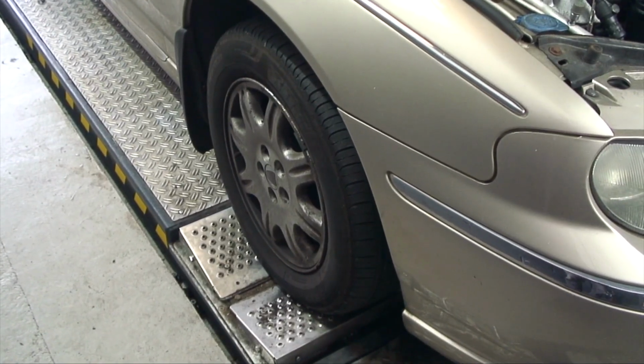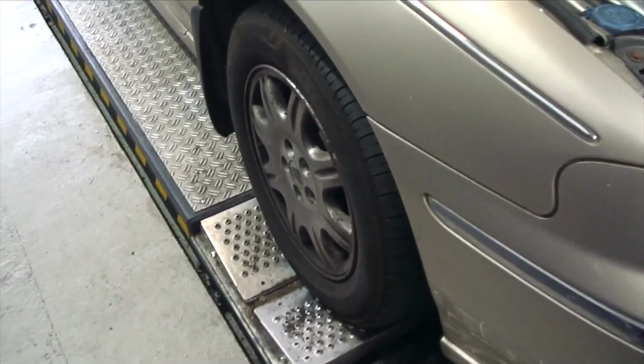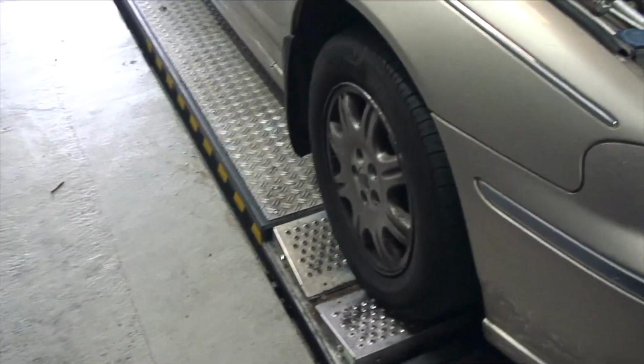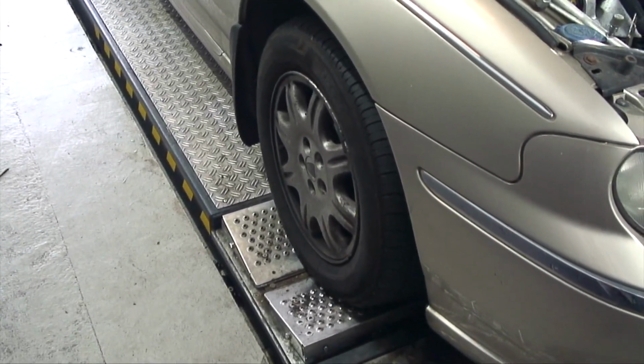Too high, or if there's something that's out of balance, the car will fail. But usually with the emissions problems, it's often down to a sensor that's running out of spec and needs to be replaced. Then we start moving on to checking things like the steering and suspension. On the ramp, there is a special area where the front wheels of the car go. These two plates that you can see the wheel on move side to side, effectively moving the wheel around to show if there's any wear and tear in ball joints, if there's any mount problems,